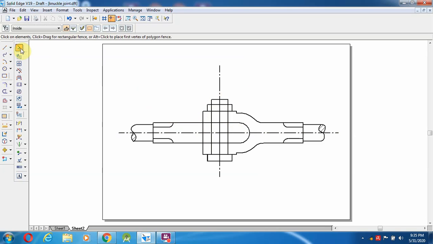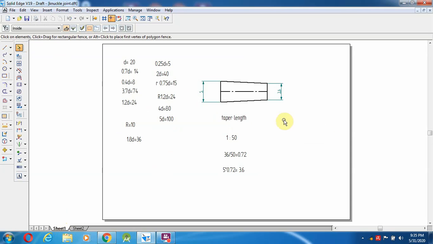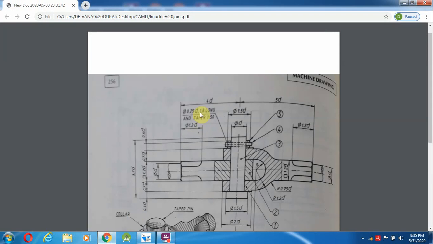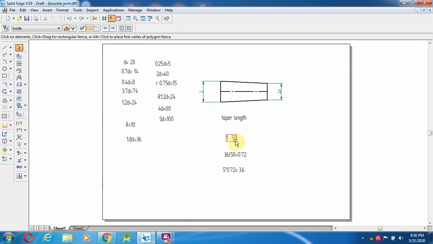Now we can come into the next thing, to draw the taper pin. So while drawing the taper pin, these are all the concepts you have to remember. The taper length, so here in the drawing they given something, so pi into 2.5d into 1.8 long, and the taper is 1:50, so that every 50 mm length 1 mm should be a taper, so that it goes over here 1:50.